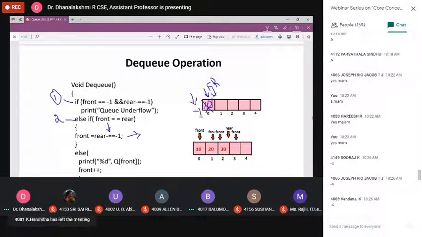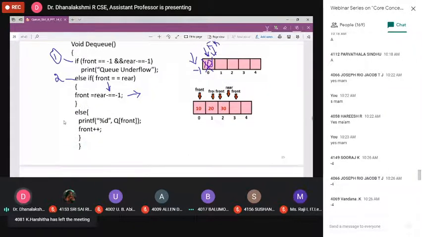Now consider the third case. My queue is not empty, my queue has some other elements. Consider my queue has three integers: 10, 20, and 30. Now I'm calling the DQ function. Before that, if you want to print which element is going to be deleted, you can use the printf statement.